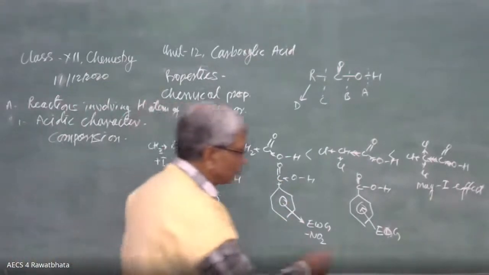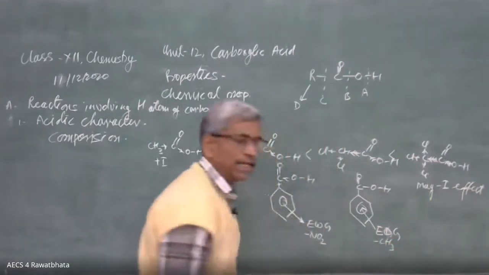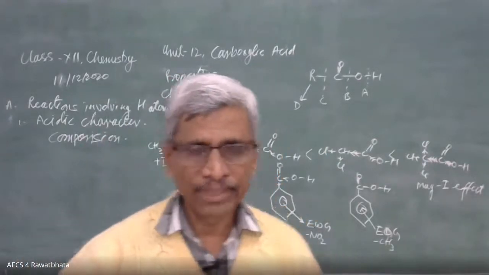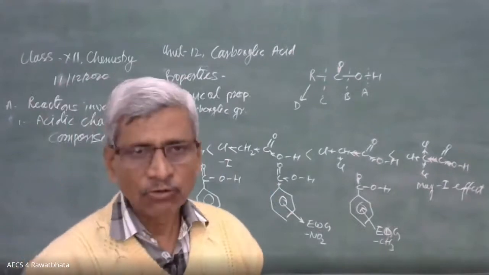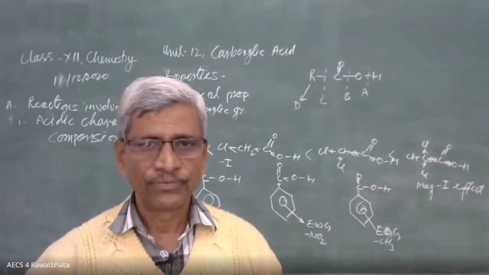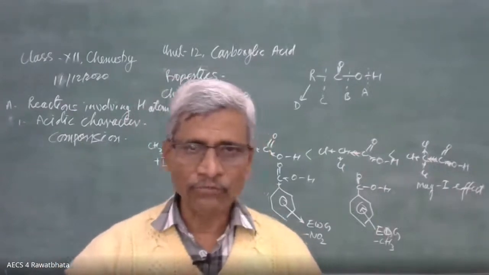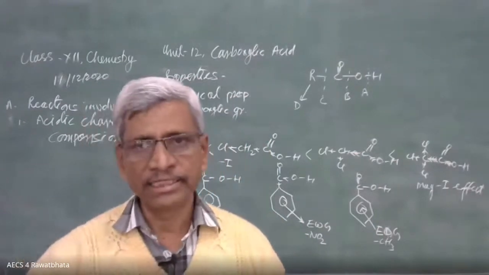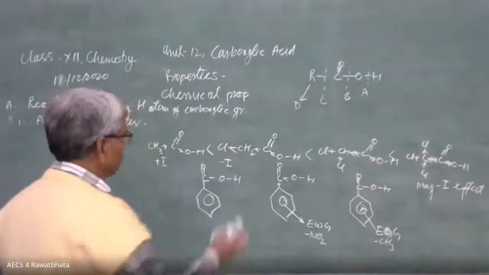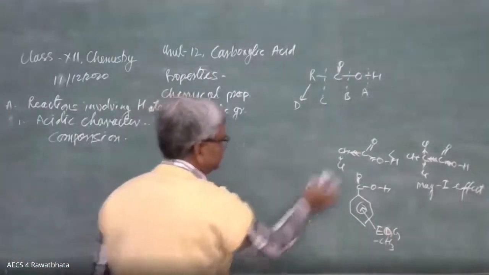And here the electron releasing group, electron donating group, like alkyl groups, CH3, or any other group having a single bond or lone pair of electrons, but they are not that reactive. They are going to decrease the acidic strength of benzoic acid. So this is the concept. Okay, beta? So comparison of acidic character of carboxylic acids is the important thing, and you have to think in this way. According to the question, you have to manage the diagram and the answer.